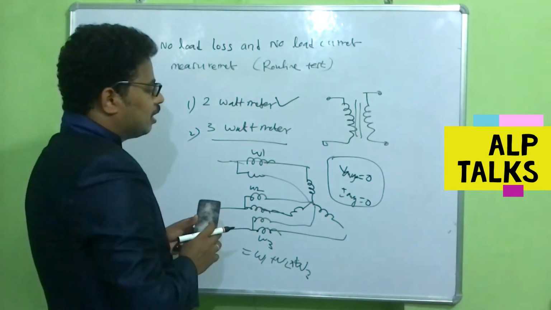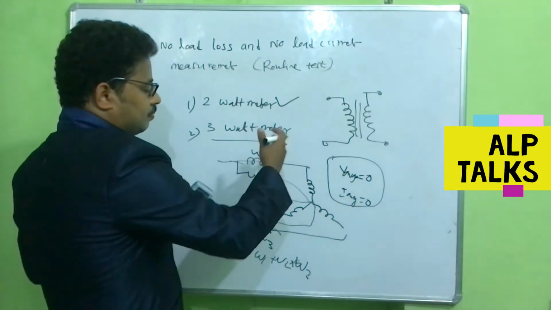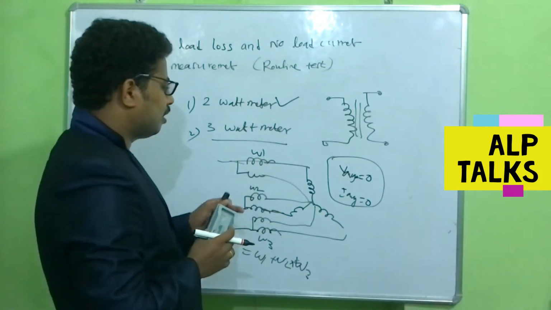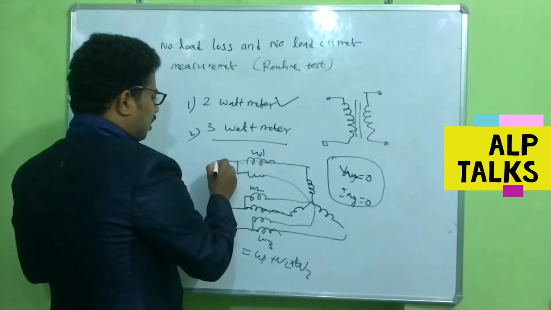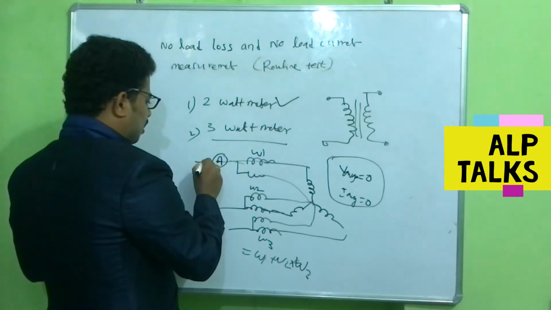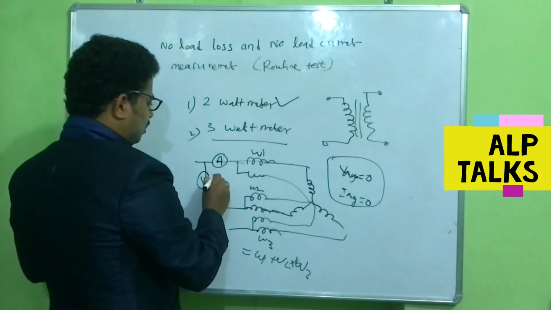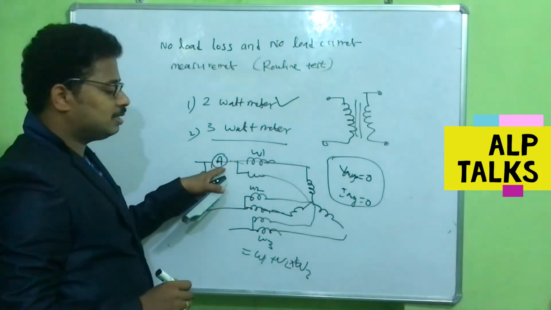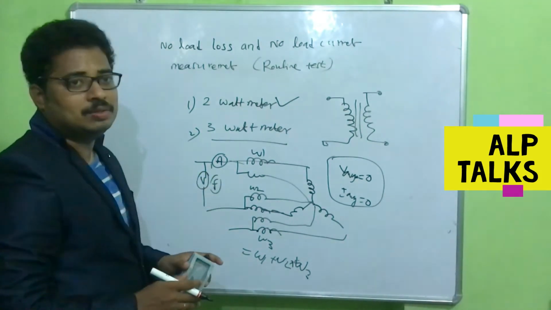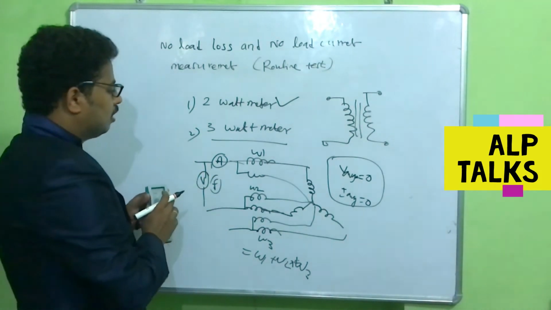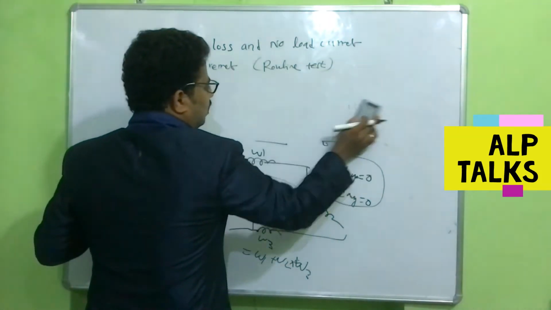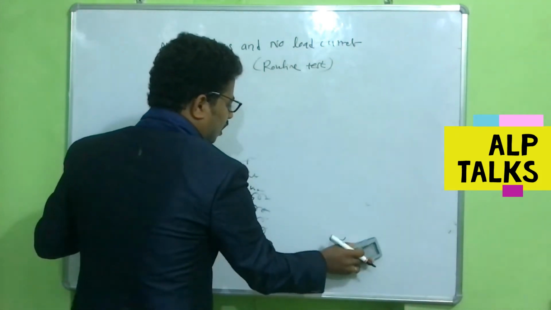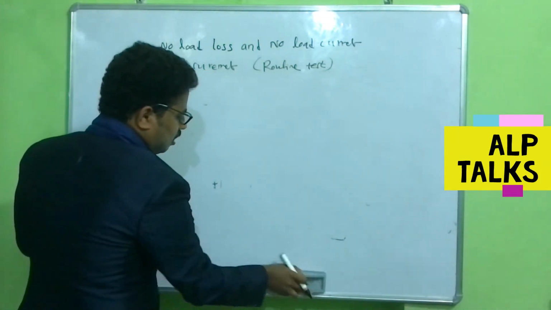So the no load current is nothing but simply whatever the ammeters are there. For example, you can connect a ammeter here, and you can connect a voltmeter and a frequency meter here. So like that, these ammeter readings will give the current value, that is the no load current. So how will we indicate these no load current to the customers on test reports?